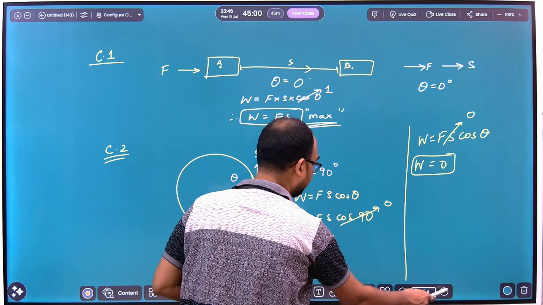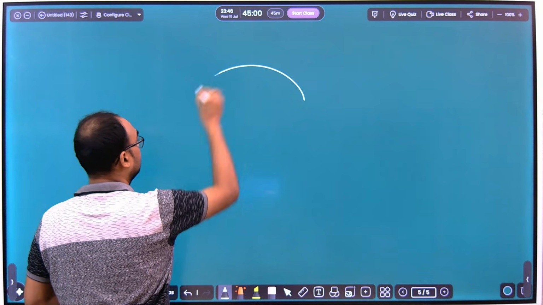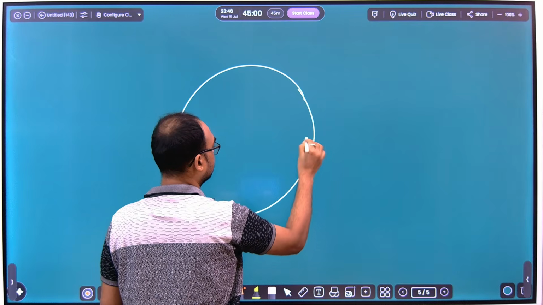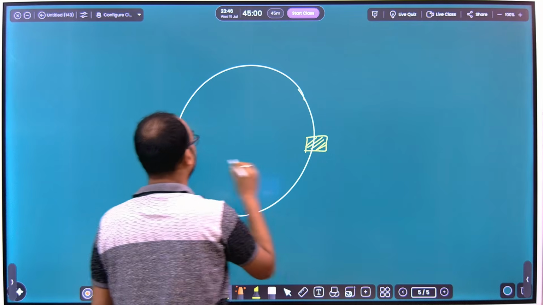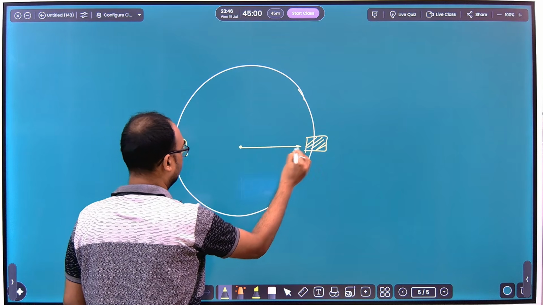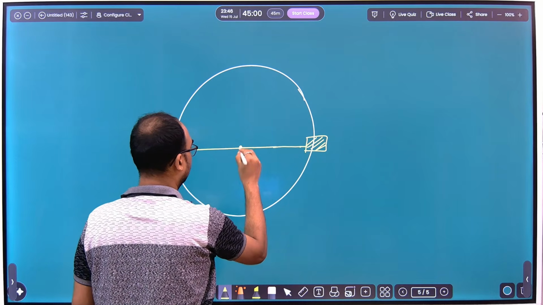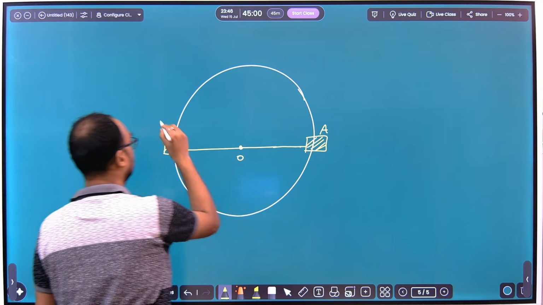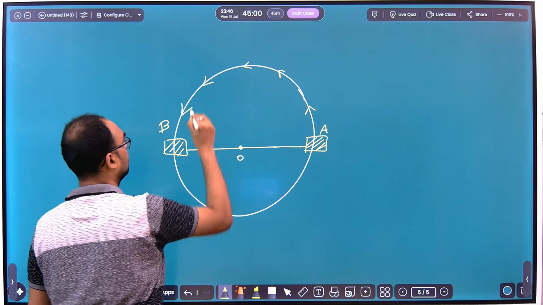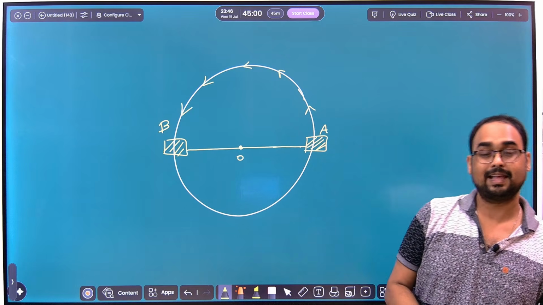Let's say the body has completed only half circle. Then they will ask you what is the